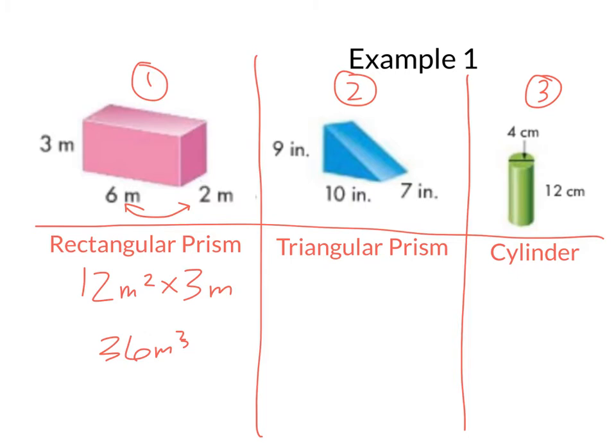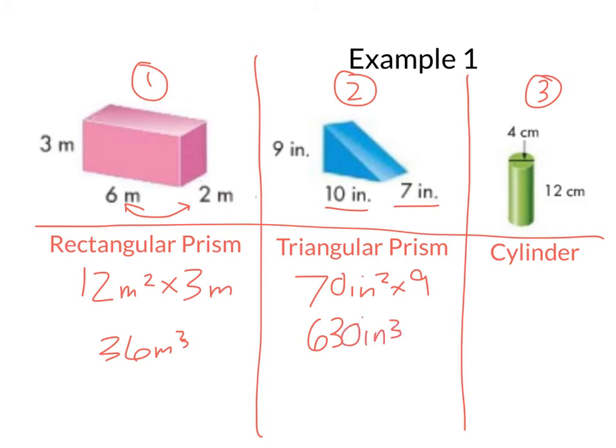Next one is this triangular prism. So we're going to find the area of the base, which is 10 times 7. So we get 70 inches squared, times the height, which is 9. To do that in my head, what is 70 times 10? That's 700. Then I'm going to take away 70. So that's 630 inches